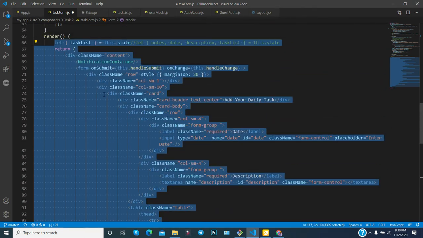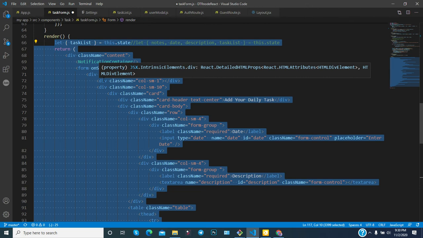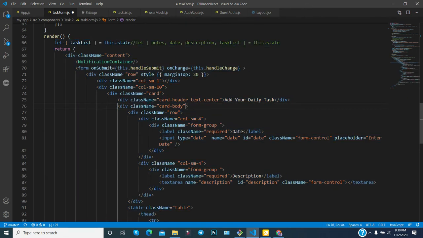Since React has a virtual DOM and a real DOM, it is very fast, because it compares the two and the right element gets updated. Everything will be re-rendered, but re-rendering will be very fast.